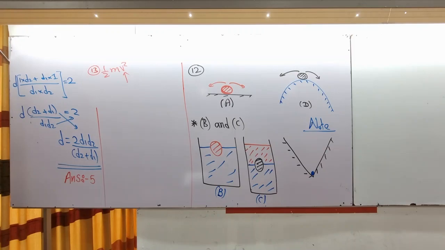Full stop. As the kinetic energy equation is half mv square,